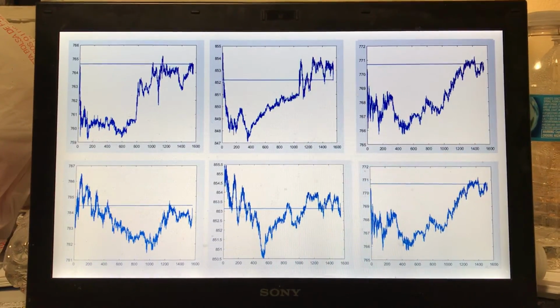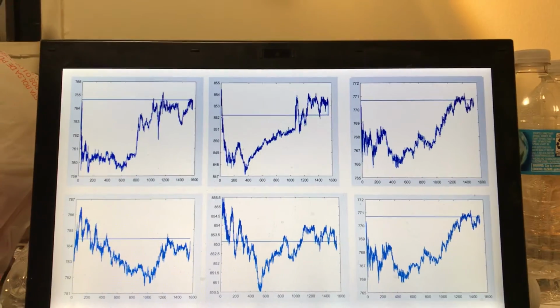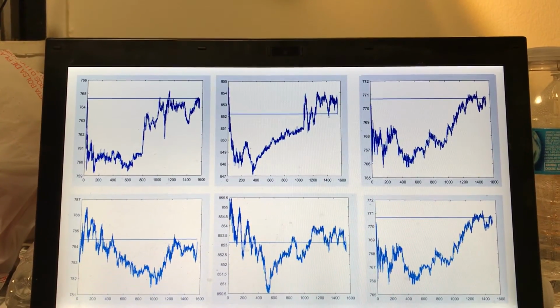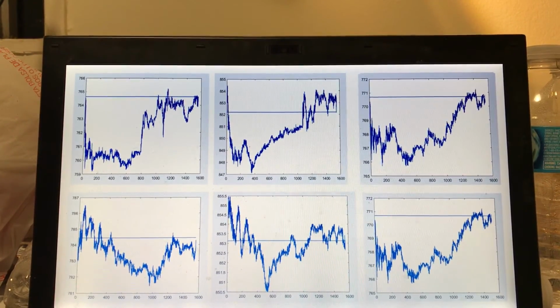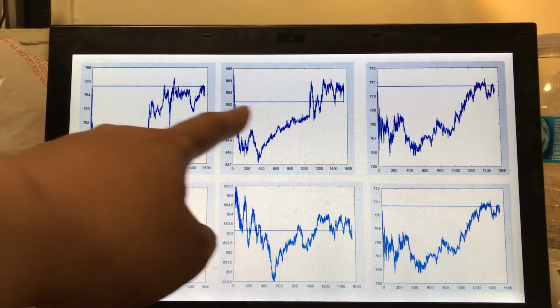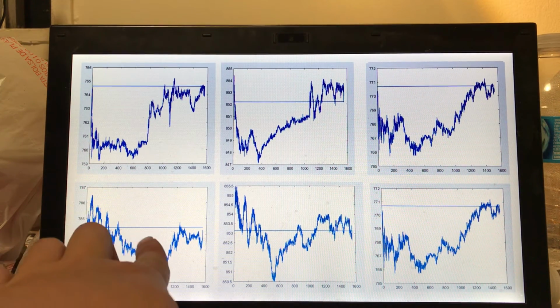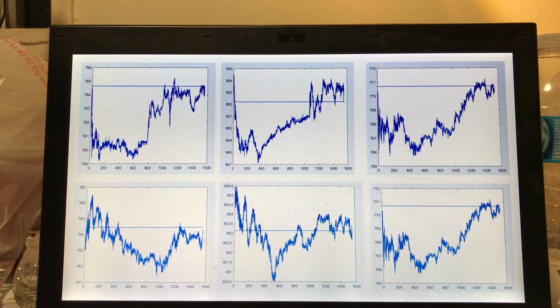Okay, so these are the 14 cases where the stock gradually climbs back. We can see that some of them are highly unpredictable, for example this one and this one. However, there are some cases where you can observe a trend reversal point, and you are able to determine it